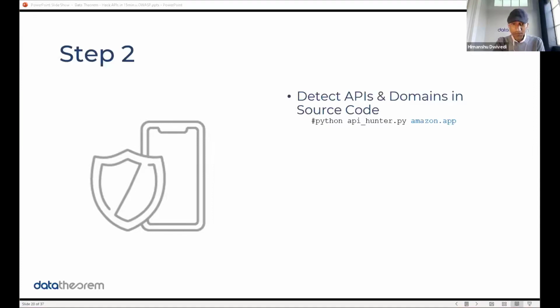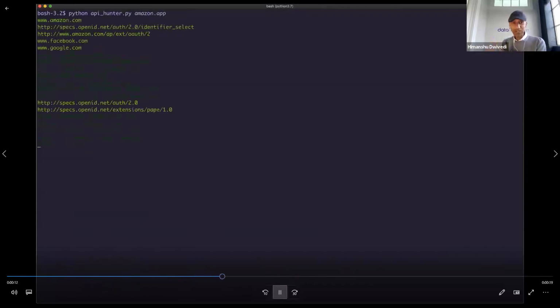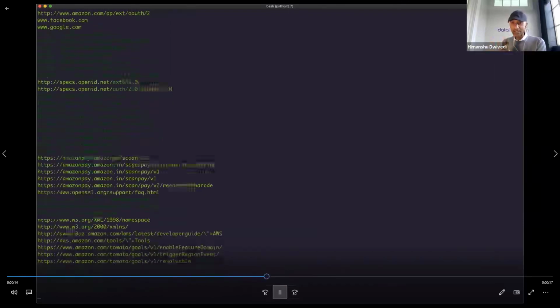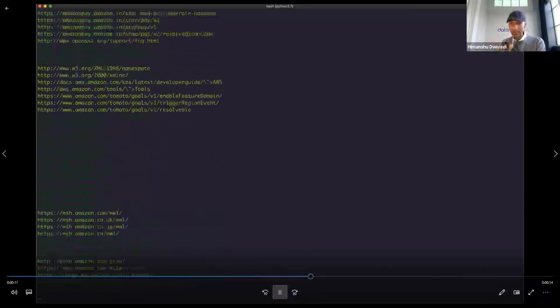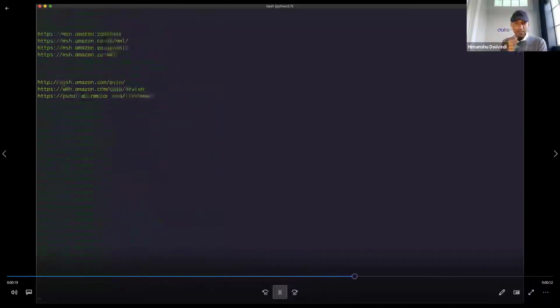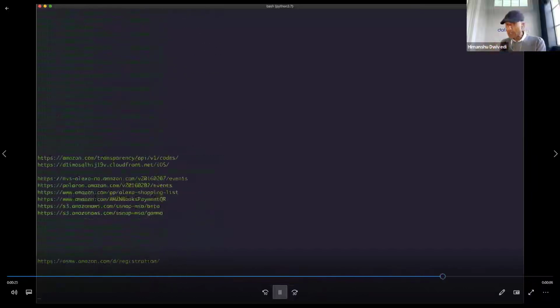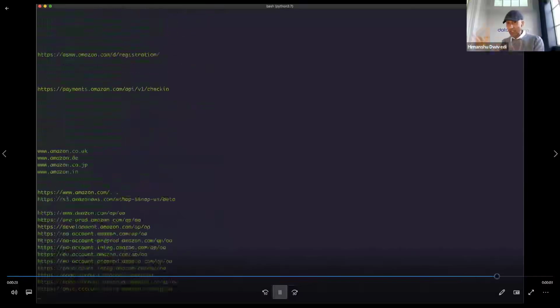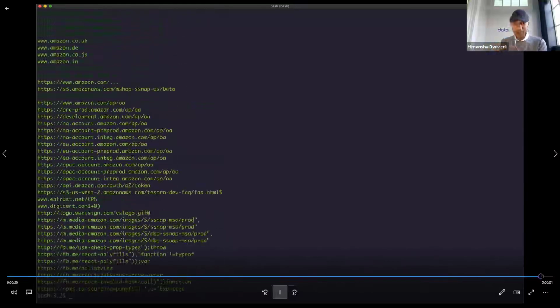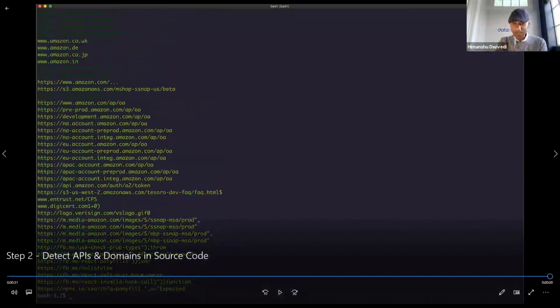All right, so here's Ethan's tool. You can see at the top, API Hunter is going to be executed on the Amazon app. Little typo there. And now he's hunting. He's not threat hunting, he's API hunting. All the APIs that he's identified on the Amazon app from its public binary are showing up here in light green. And again, we're going to show you how to automate this together. But so far, we've done nothing special, nothing new, no BOLA attacks, all very simple stuff, right? Going through it step by step, just so you all know.